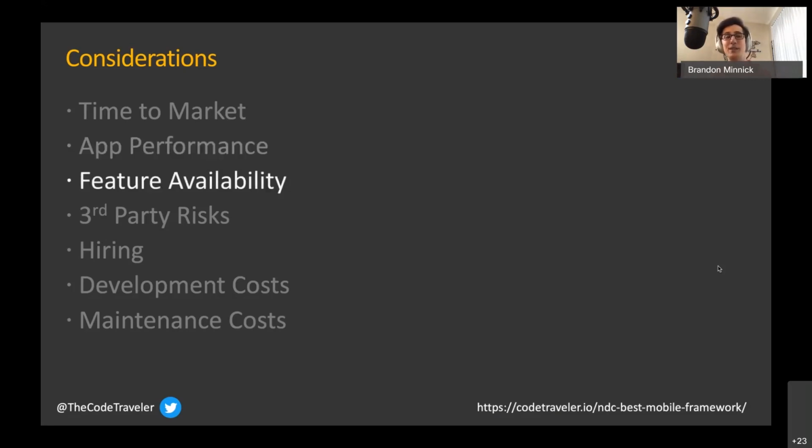Feature availability. This one is a big one that I see a lot, and a lot of developers end up shooting themselves in the foot because they choose a framework that doesn't have a feature that they need. So speaking of doing things in AR or VR, so augmented reality, virtual reality, well, if you make a progressive web app, it can't do any of that, or it can't do any of that natively using the native APIs